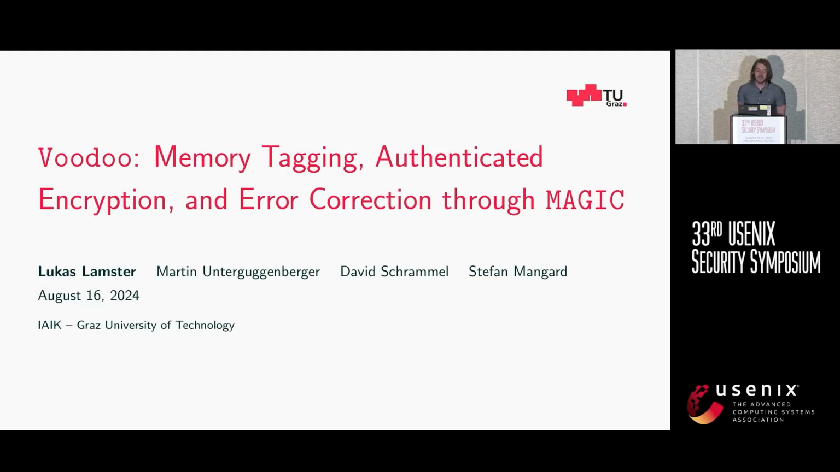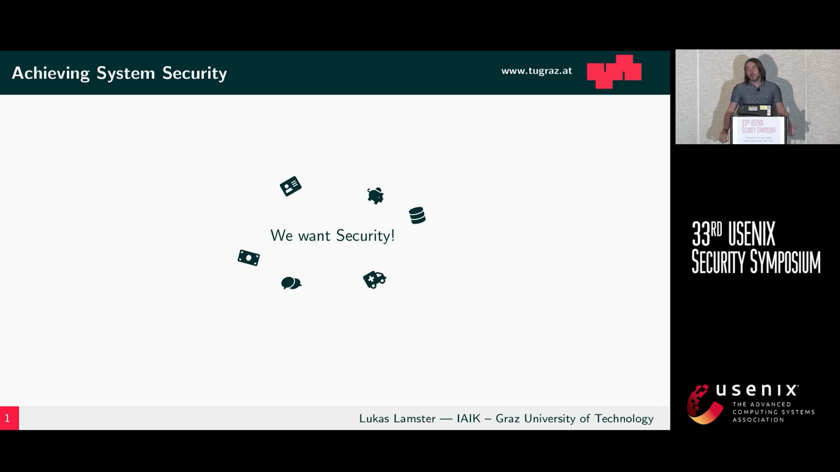As mentioned, I'm going to introduce Voodoo, which is a scheme that combines memory tagging, authenticated encryption, and error correction through something called MAGIC. So we want security in our systems. We've seen a lot of talks that were proposing new exploits, that were talking about vulnerabilities, but what we actually want, right, is our data to be secure,